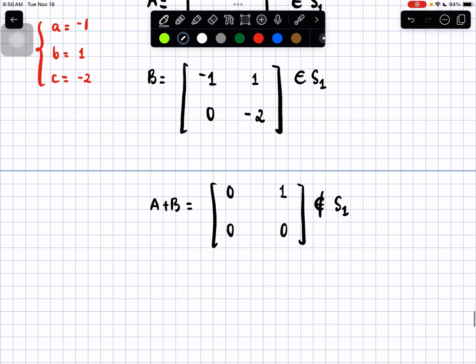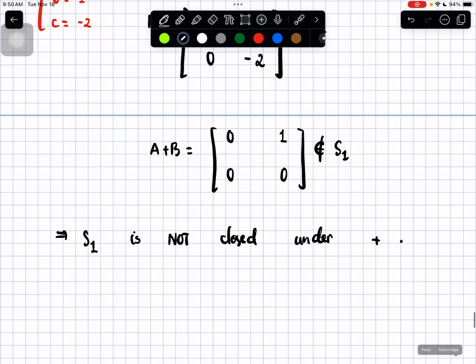Then we conclude that S1 is not closed under addition, and therefore S1 is not a subspace